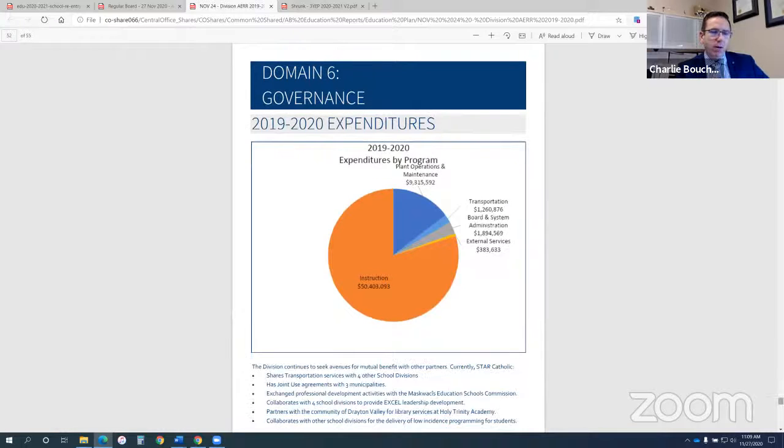It is a requirement that we have these posted to our website once approved by the end of November and also submitted to Alberta Education. That then triggers a meeting with Alberta Education to review our documents at the administrative level. But I will say I'm happy to report that the results in this document are very positive. We've pretty much maintained or increased in all areas of reporting.